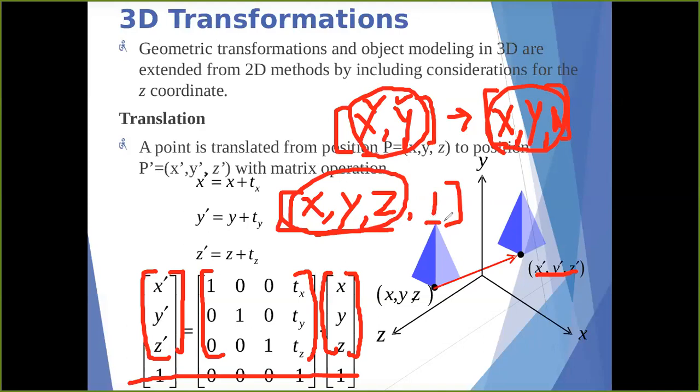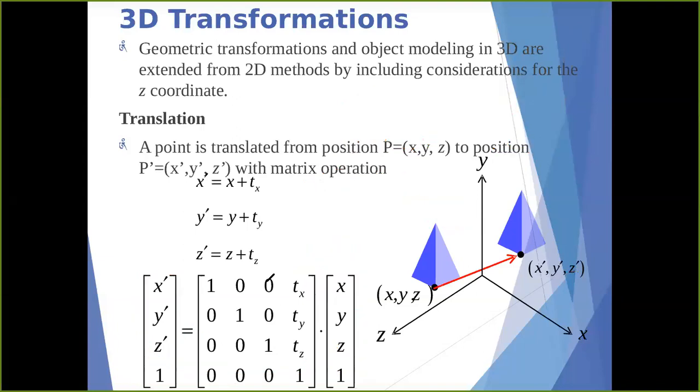You are increasing one more. Okay, so you are writing x, y, z, 1. So if you are adding one more equation, 1 equal to 1, then it will be changed into a homogeneous coordinate system. So this translation matrix is written in the homogeneous system. So it is translation. I think it is very easy. Just you have to increase this line, and you will find the difference between 2D and 3D.